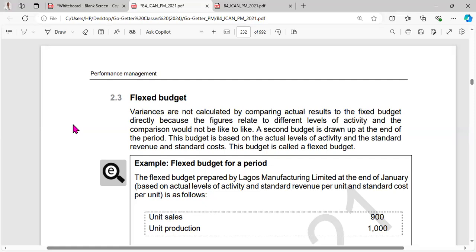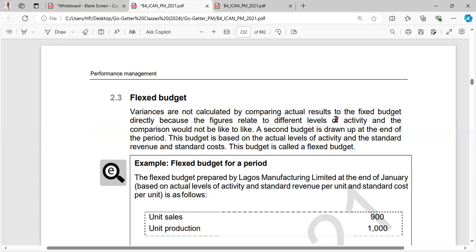This is what we now do to show our comparison if we really did well or not. Now, this second budget is called flexed. It is now based on the actual level of activity. So what it means is that